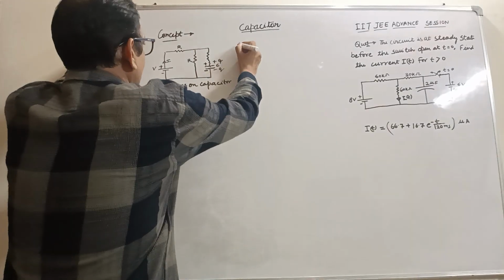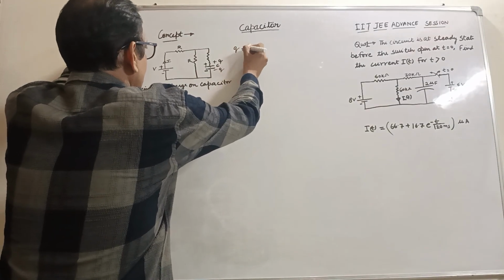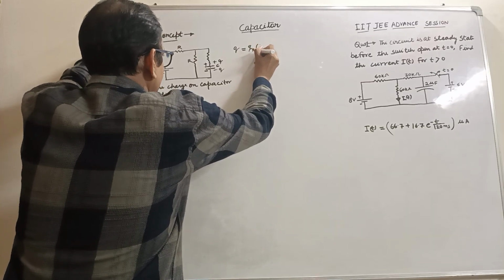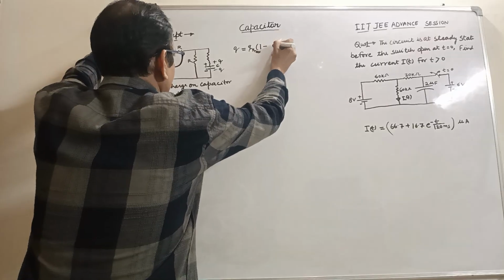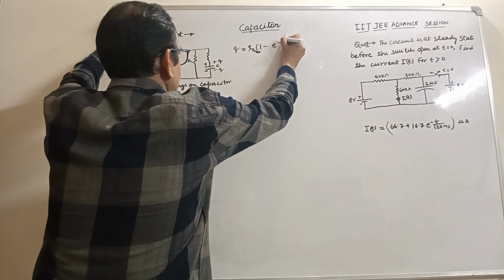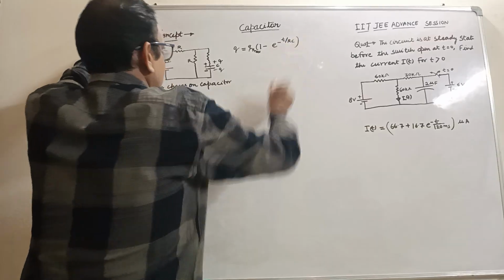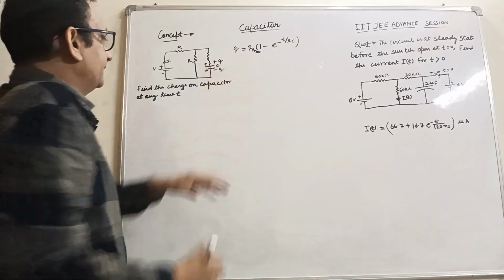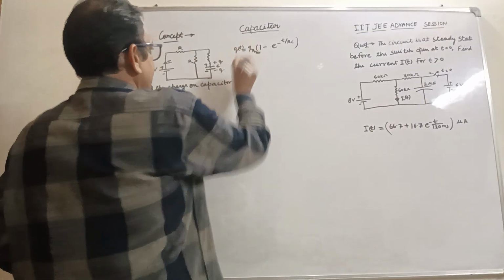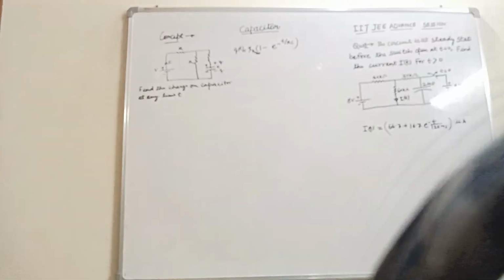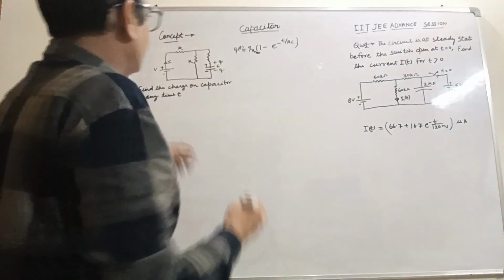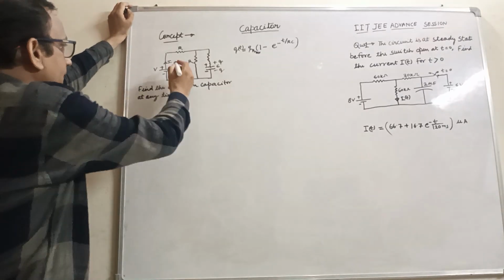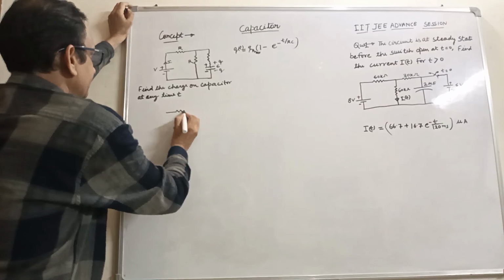So we know q is equal to q naught, q maximum, times 1 minus e raised to the power minus t by tau. This is the charge at time t. This is the equation of charging of a capacitor. So by the Thevenin theorem, we can sort out the circuit